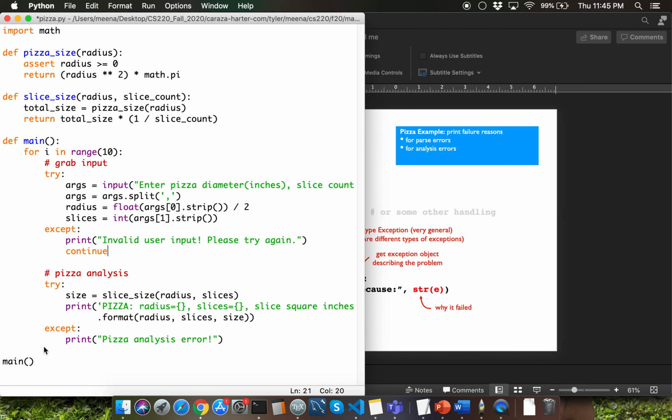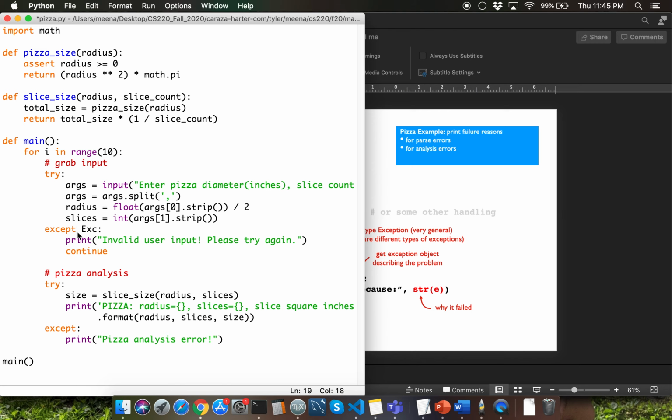Why is that not needed in your second except block? Because that's the last line of code inside your for loop. You're going to automatically go back to the beginning of the next iteration when you're done with that. So now that I'm done fixing my mistake, let's go back to making our except block better.